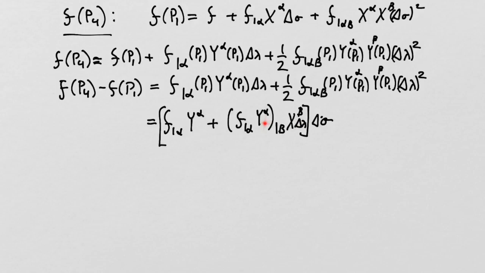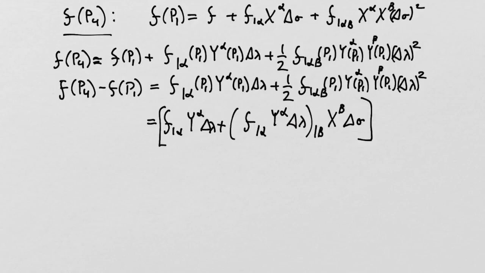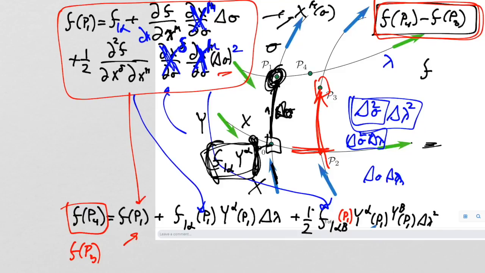Actually, that delta lambda should be inside. Okay, I put them all back in where they belong. This delta lambda belongs in here. That's all part of the first order piece. Then we're taking the derivative of that first order piece, which includes the delta lambda, with respect to beta, x beta, but then you need this delta sigma to really convert this x beta into an increment along the curve. I'm kind of complicating things because I'm trying to track the parameter change along the curve, which